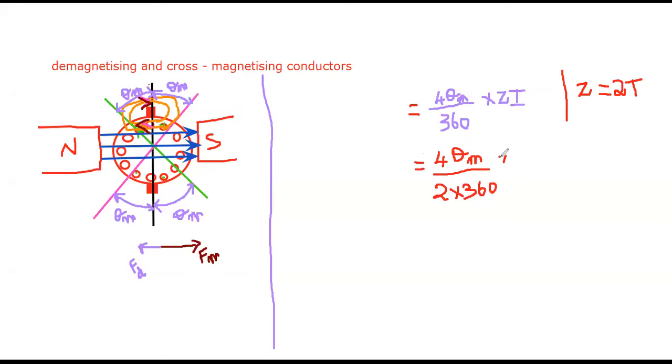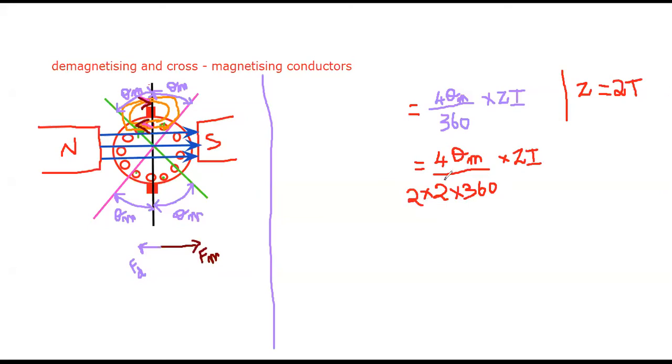And the total value, I'm just going to multiply it by the number of conductors into the total amount of current that is flowing through them, right? So I got this value. Now, if I want to convert this value to per pole, how many poles am I using? I'm using 2 poles here. So per pole means I want to divide it by 2. So I just divide it by 2 once again here.